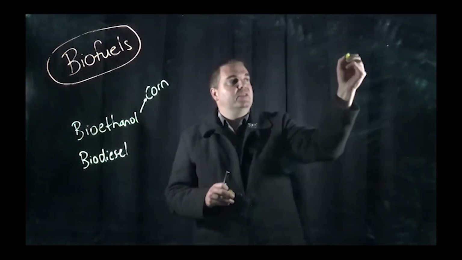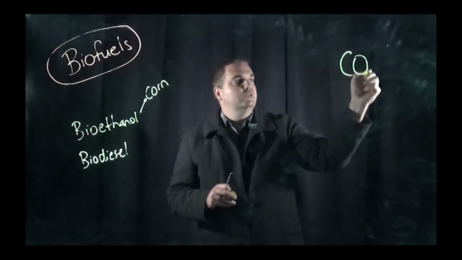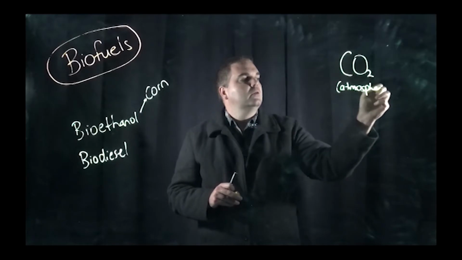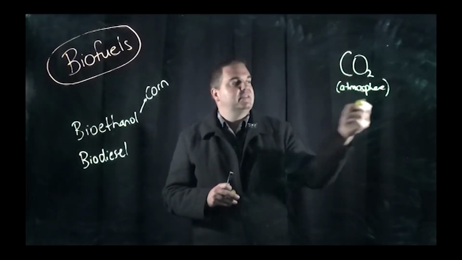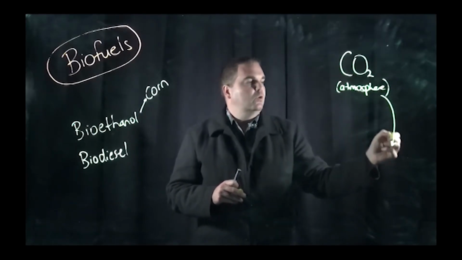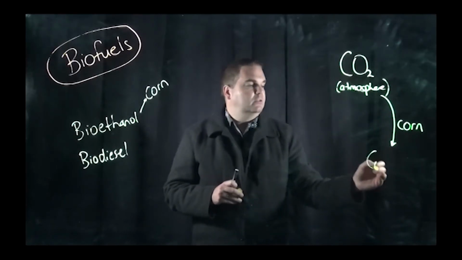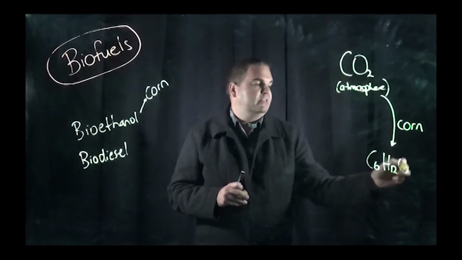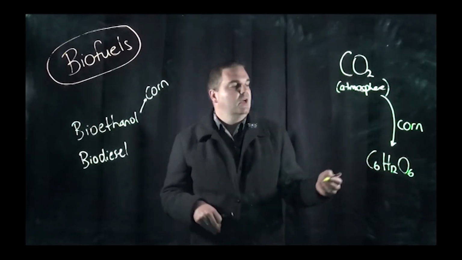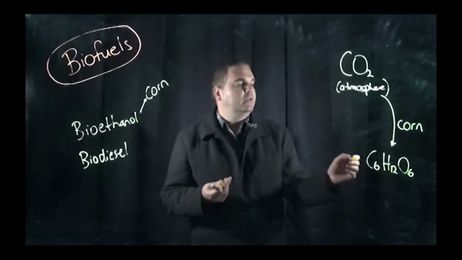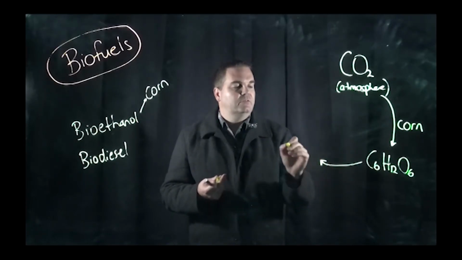So the benefit is that we've got CO2, which is in the atmosphere, and what happens is that CO2 in the atmosphere gets absorbed by the corn as it grows, to form our glucose, or our complex carbohydrate, but we convert into glucose. What we do is we convert that into ethanol, so that gets converted into ethanol,